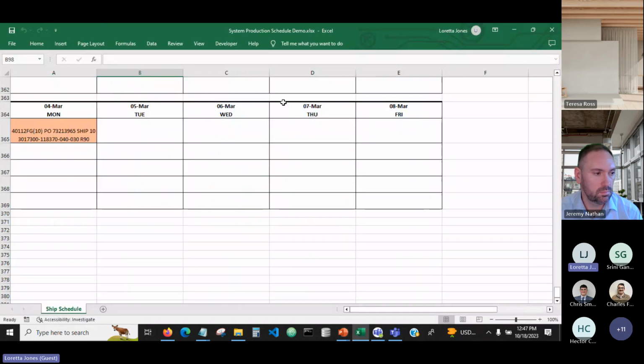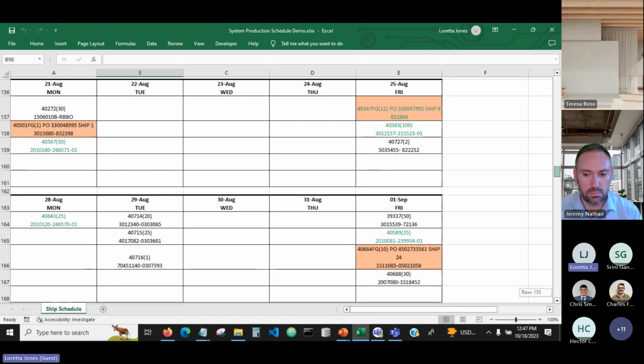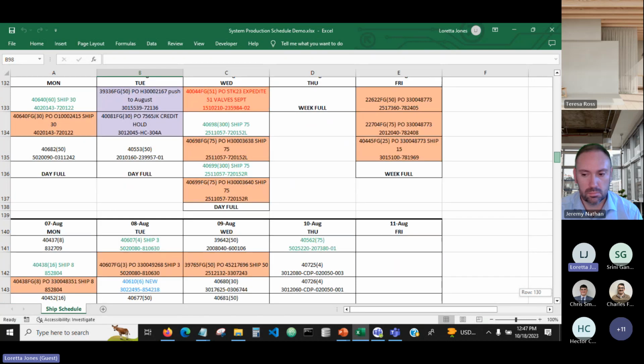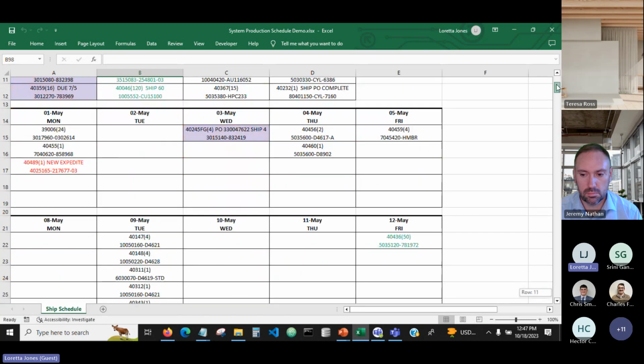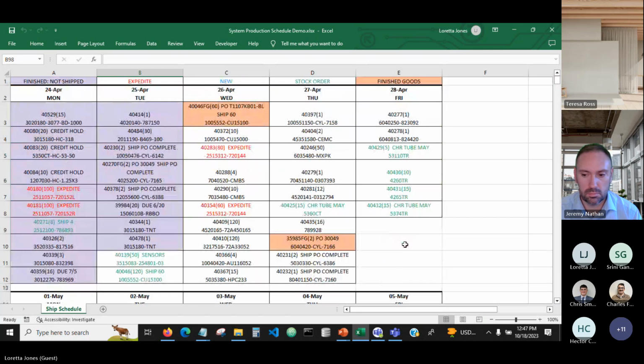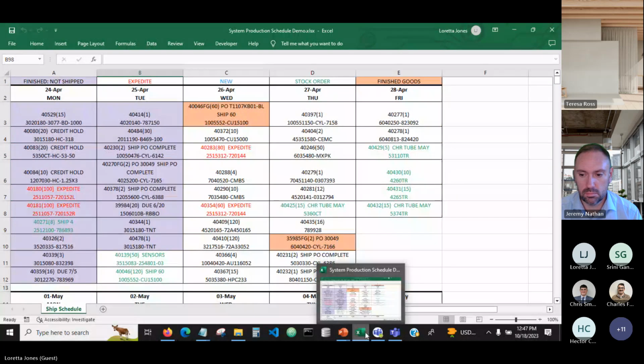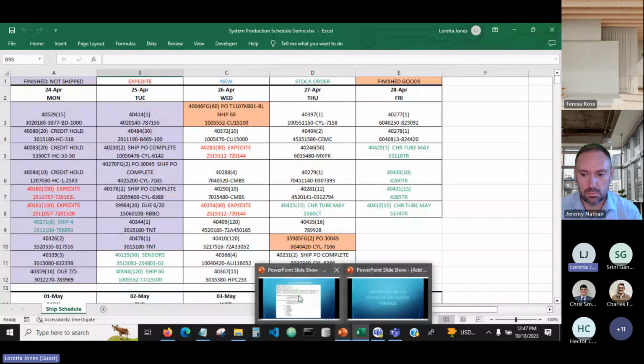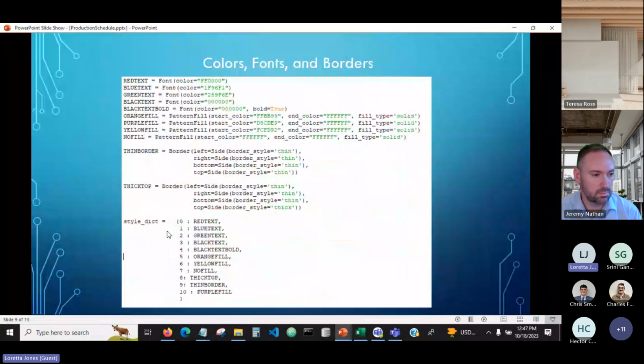So see how this border, the top of it's thick, but all the rest is thin. And I think on the legend, yeah, we just have the plain border on the beginning of the legend. And so this style dictionary, that's how this makes it real easy, because all I have to do when I want to use one of these colors is call its number or one of these formats,